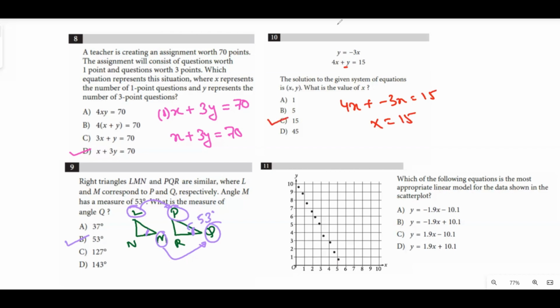Now coming to question number 11. Again, see, scatter plot is one of the topics from which we can score very easily. It's a scoring point. It's a scoring chapter. Scatter plot is under problem solving, and this type of question is always very easy. Why is it so? See,